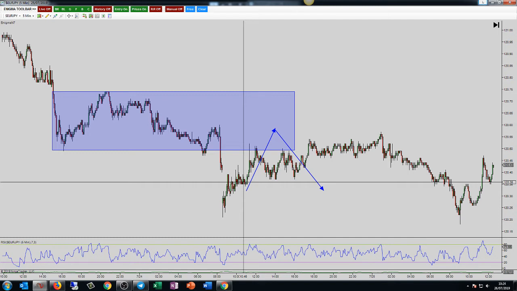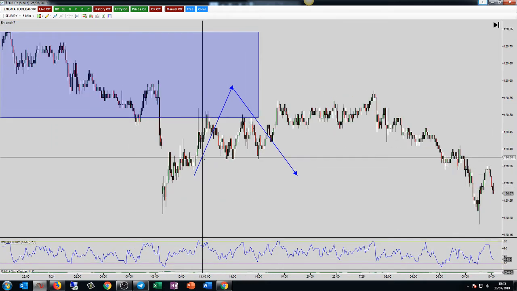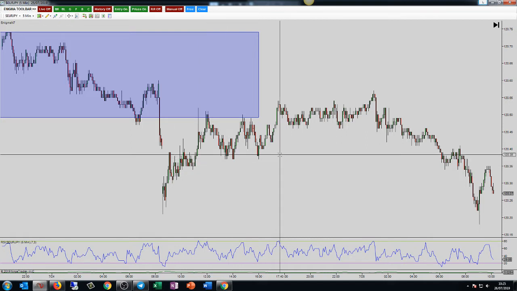What was the other one? Euro Swiss. No, it wasn't the Euro Swiss. There was another one. Might have been pound dollar. Anyway, there was 3 of them, and we had the pound Aussie as well. And so I'll actually talk about this when I do the review. I don't like to harp on too much about trades that lost and then they went on to win, but it's good to do a review and know why they lost, and could you have placed your stop in a better place. That's why I think it's important to do a review.